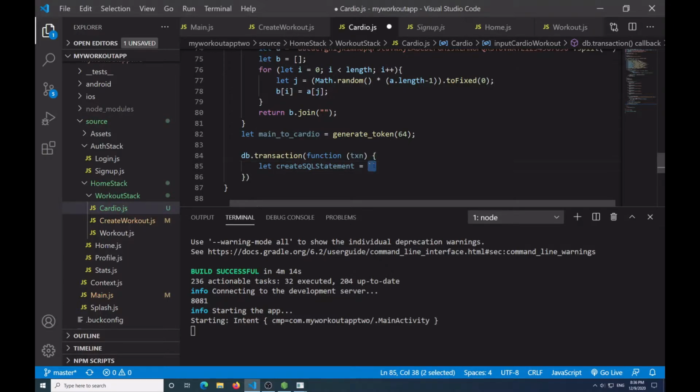It's so I can have multiple lines. I'm going to say insert into workout_cardio, open close parentheses. Then I'm going to pass in the variables workout_dates, cardio_muscle_group, cardio_muscle,